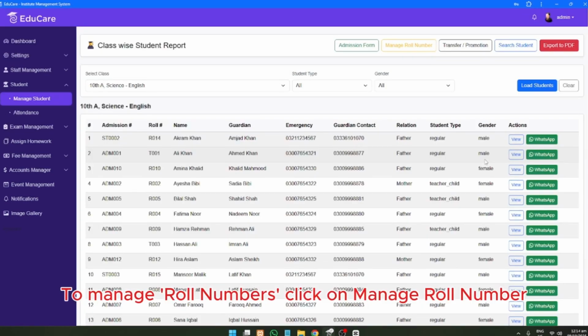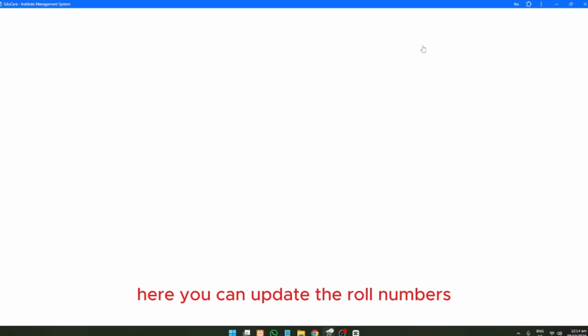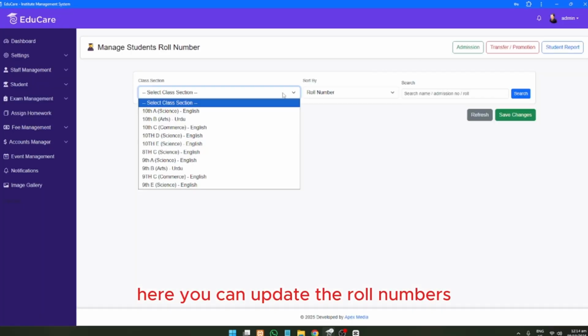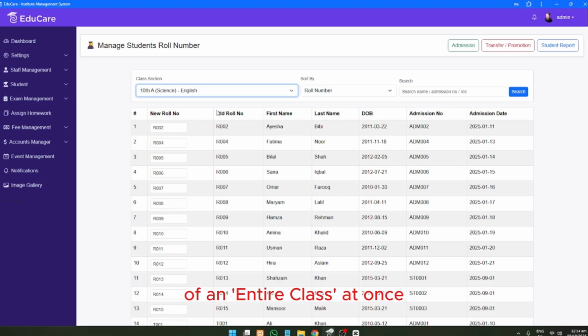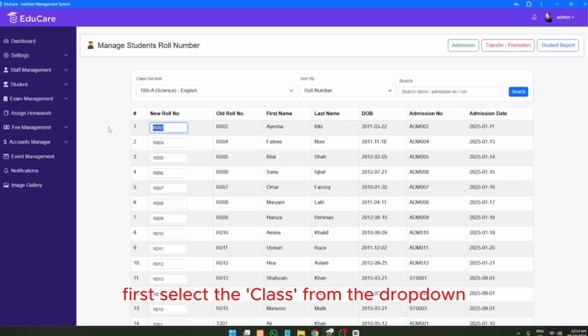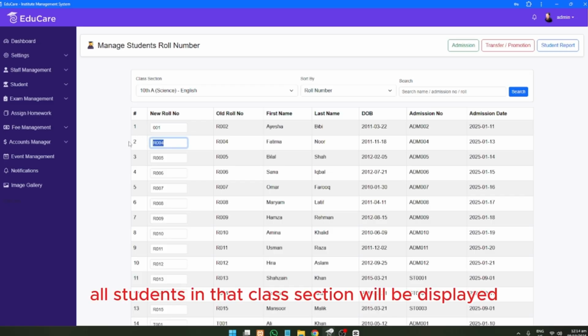To manage roll numbers, click on Manage Roll Number. Here, you can update the roll numbers of an entire class at once. First, select the class from the drop-down. All students in that class